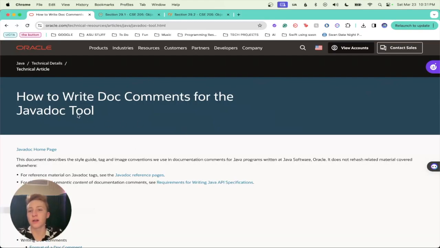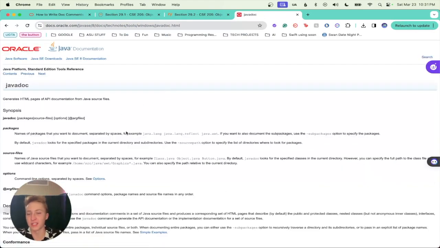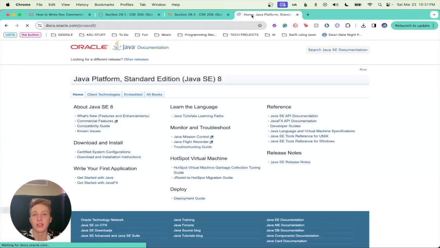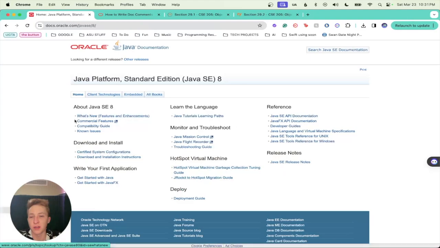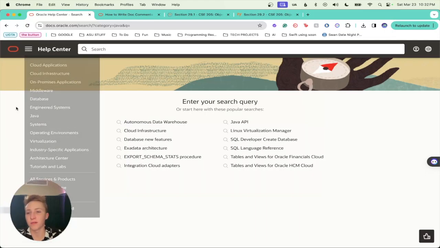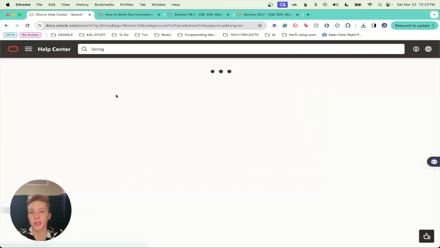So to start, I want to give a brief explanation of what JavaDocs is. JavaDocs is the website that hopefully you guys have heard of and seen before that shows all of Java's documentation where you can go to look at the Java API. So for example, if I'm looking for just an explanation of what a string is,